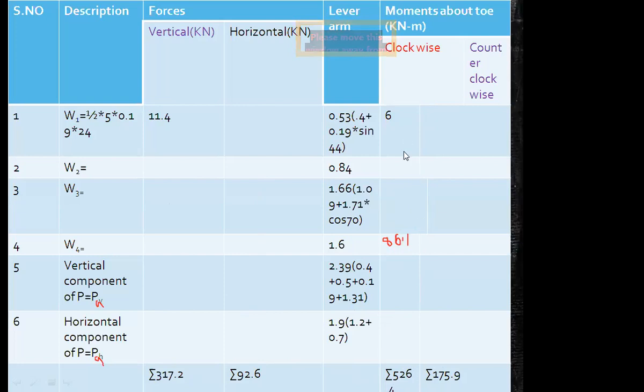Okay, summation of clockwise moments, summation of counterclockwise moments. Okay, so counterclockwise లో మనకు ఒక్క మూమెంటే వస్తుందండి. Okay, that is due to the horizontal component. Okay, that is 175.9. Only one moment we'll get in the counterclockwise. All the remaining are clockwise moments only. Okay, summation, are you getting the same thing? 526.4. Yes, ma'am. So summation of counterclockwise you should get 175.9. Okay, so this is the second part of the